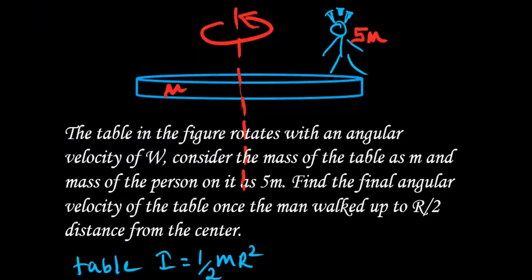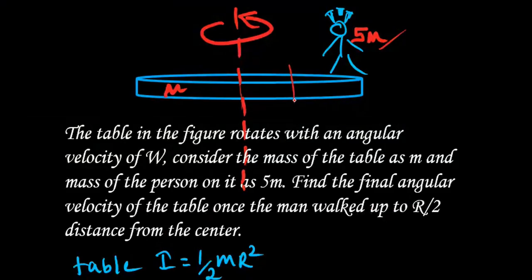Right. Let's read the question first. The table in the figure rotates with an angular velocity of omega. Consider the mass of the table as m, and the mass of the person on it as 5m. Find the final angular velocity of the table once the man walked up to r by 2 distance